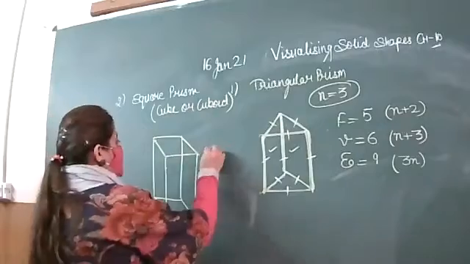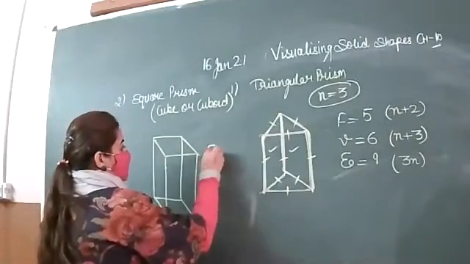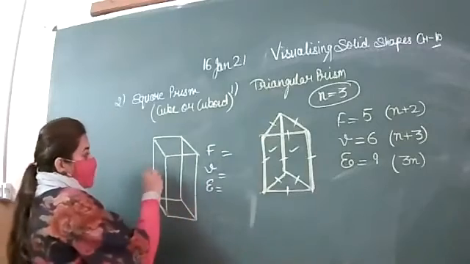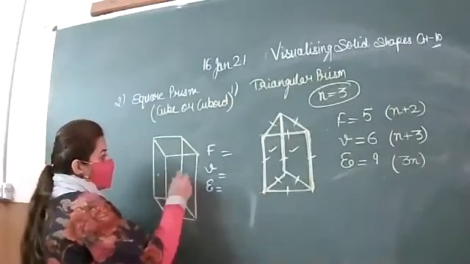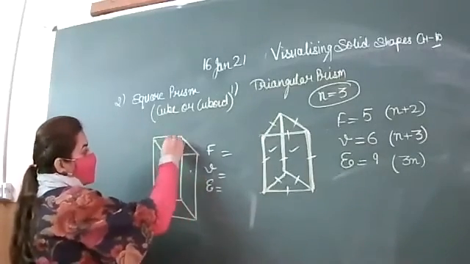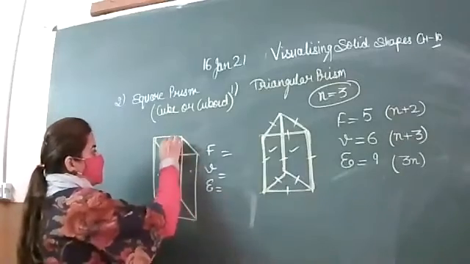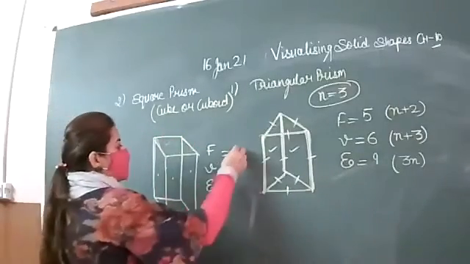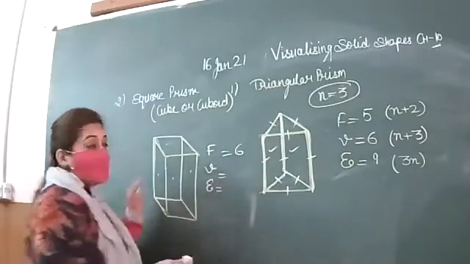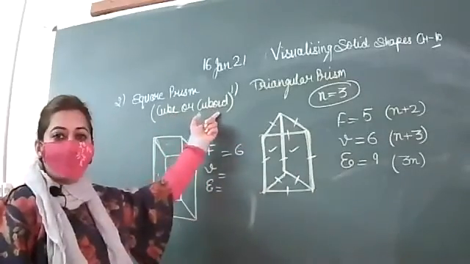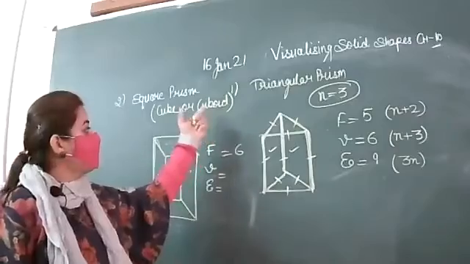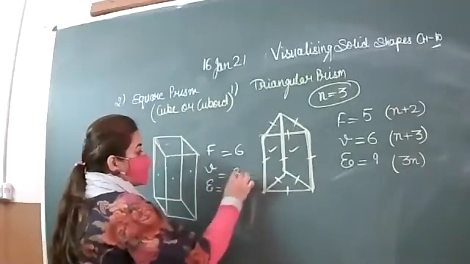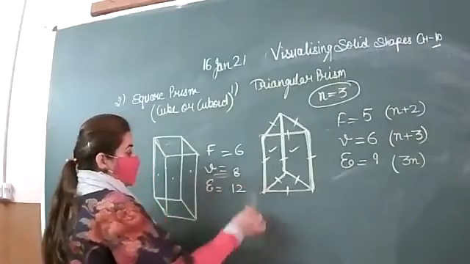Write down the faces, vertices and edges. Now faces you can see 1, 2, 3 and one back face. This one is the fourth face. ये जो आपको दिखाई दे रहा है, ऊपर वाला हो गया, नीचे वाला हो गया, टोटल कितने फेसेस हो गए? 6. Actually same is the case of cube and cuboid, so you will write down the faces, vertices and edges from cube and cuboid. Faces 6, vertices 8 and edges are 12.